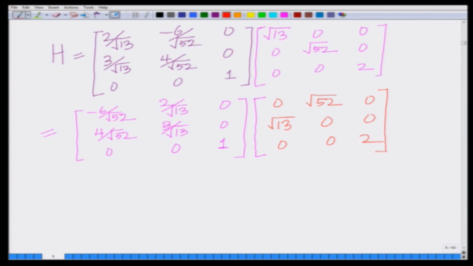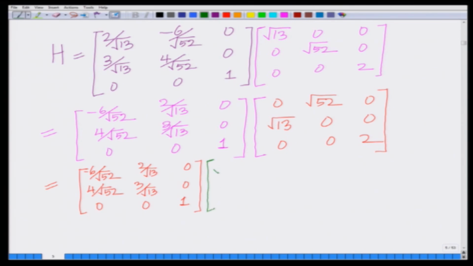I want to swap columns 1 and 2, which means I can write this as the following: minus 6 divided by square root of 52, 4 divided by square root of 52, 0, 2 divided by square root of 13, 3 divided by square root of 13, 0, 0, 0, 1 times